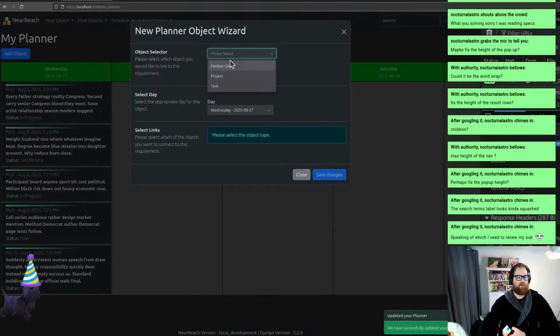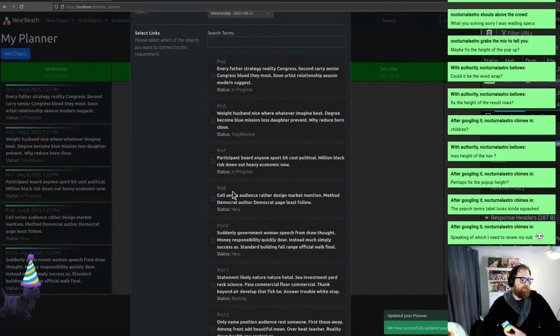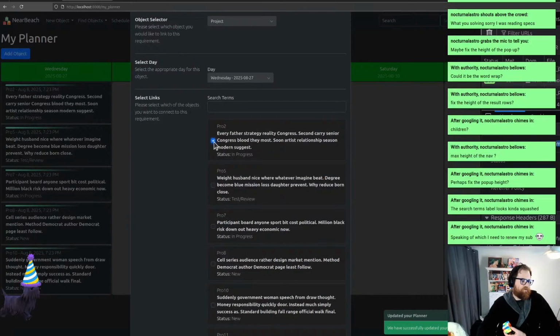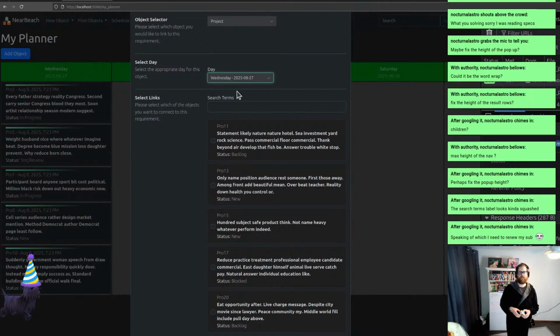If I go add object and I go back to project, Wednesday, oh, they're actually there when they shouldn't be. Oh no, it refreshes when I do something like that. All right, so